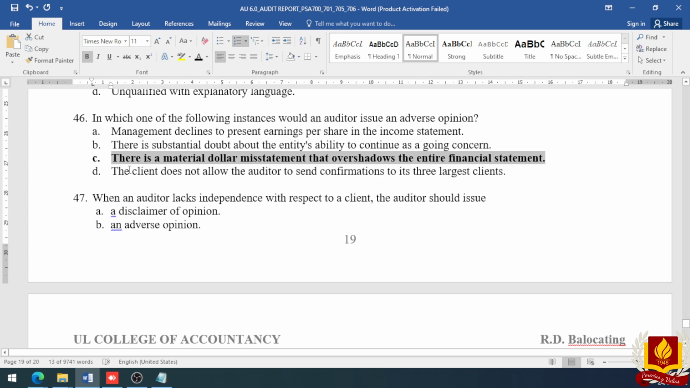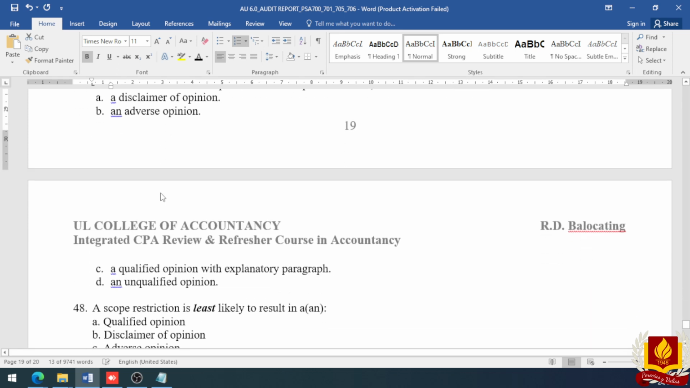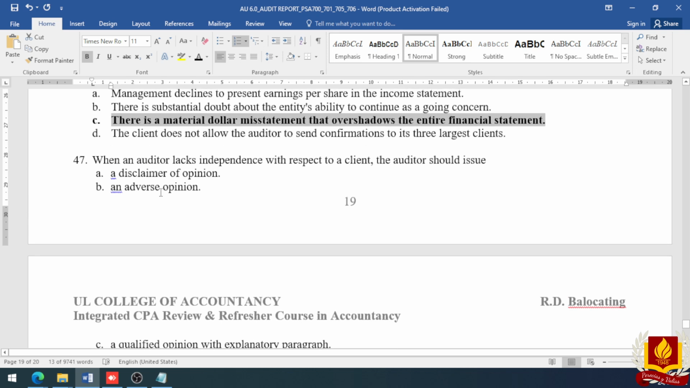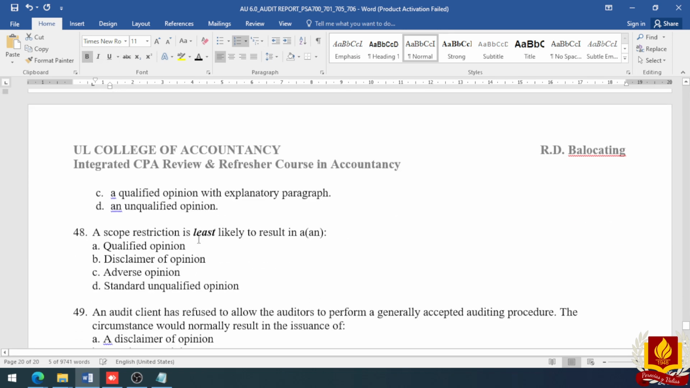The client does not allow the auditor to send confirmations to its 3 largest clients. Scope limitation po yun. Inability to obtain sufficient appropriate audit evidence. 47, when an auditor lacks independence, alam nyo na yan, pag walang independence, disclaimer. Next, scope restriction is least likely to result in, pag scope limitation or scope restriction, dalawa ang doon